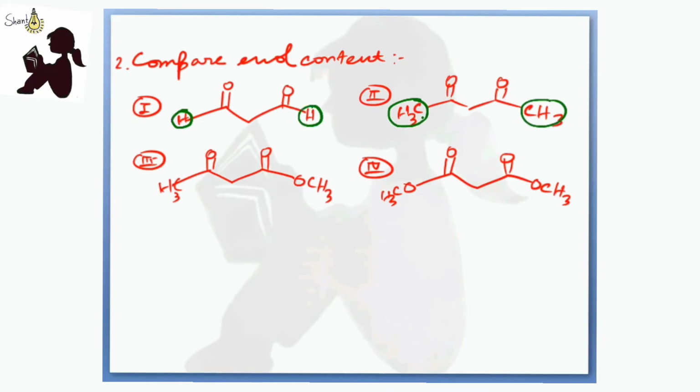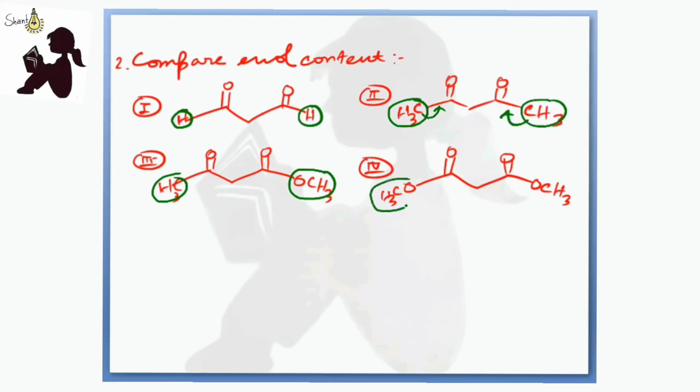Okay, so it is giving the induction effect here, so there is more probability of forming enol here. But as you can see, there is one methyl group and also one OCH3 group. Now this OCH3 group has more plus I effect than this CH3, so it is giving more probability of forming enol here, compared to the second option.